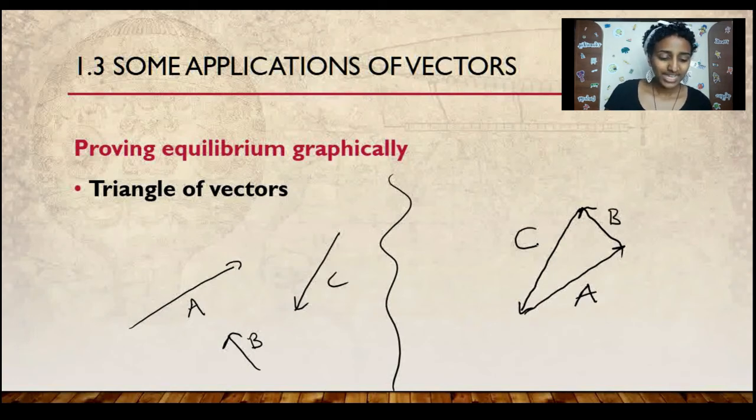So what this triangle proves is, you see how these three vectors connect. The head and tail of each vector all connect until it comes right back around to the initial point. This means that this body's in equilibrium. Because if I were to mathematically add these three vectors, and we'll see this in a bit, I would get 0 Newton. But graphically, you can see that if I were to position these vectors head to tail from each other, without changing the direction, it would come right back to where it started, which is how you graphically prove equilibrium.